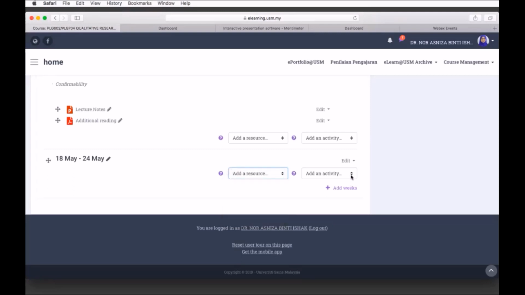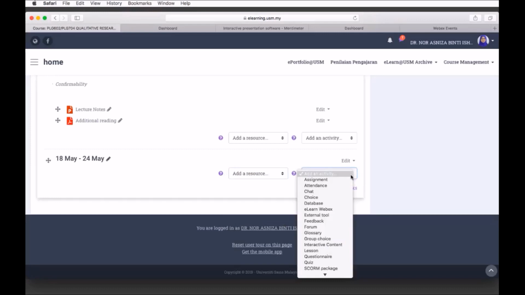In add an activity, you can see that there are assignment, attendance, chat, choice, database, eLearn WebEx, action tool, feedback, forum, glossary, group choice, interactive content, lesson, questionnaire, quiz, form package, and many more. So I'm just going to focus on how we can add activities such as assignments and forum only for our workshop today. Okay, so only 2 activities. Let's say